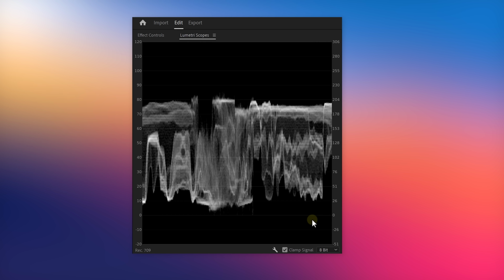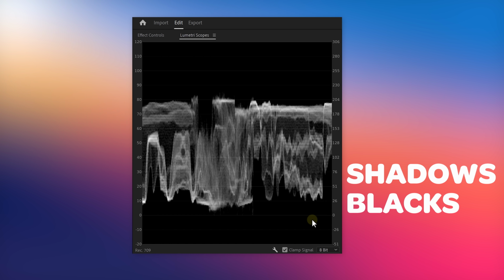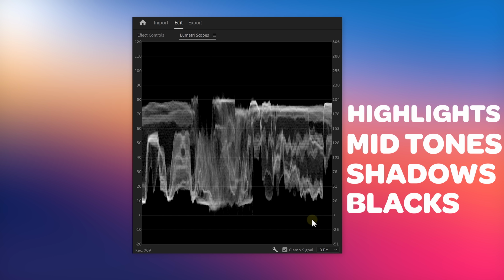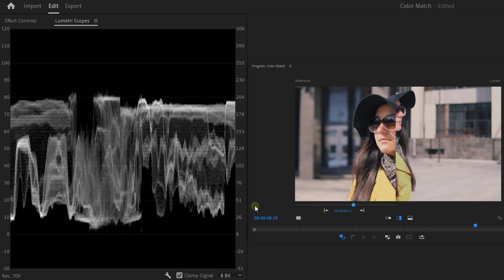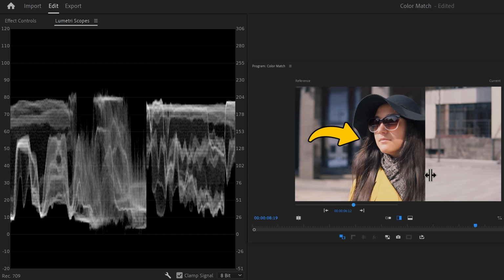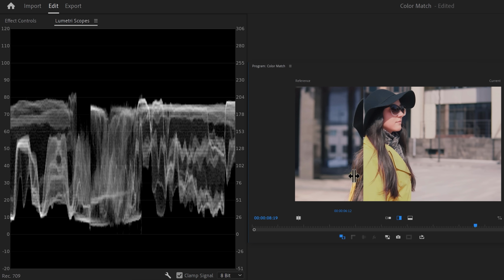But Jordy, I don't understand how these scopes work. Well, don't worry. Here on the side you can see these numbers, which are basically percentages. Here we can see all of the blacks or the shadows. And as we go up in that graph, we're going more towards the midtones and finally the highlights. And on the top, we have the whites, which is 100%. And it currently displays the two videos that we have in the comparison view. So if you were to change this line here in the program monitor, you can also see that scope changing